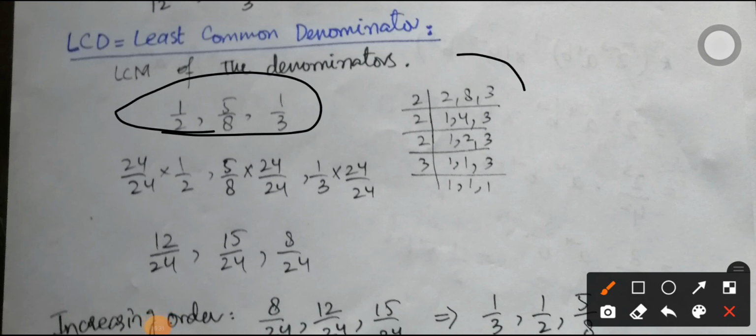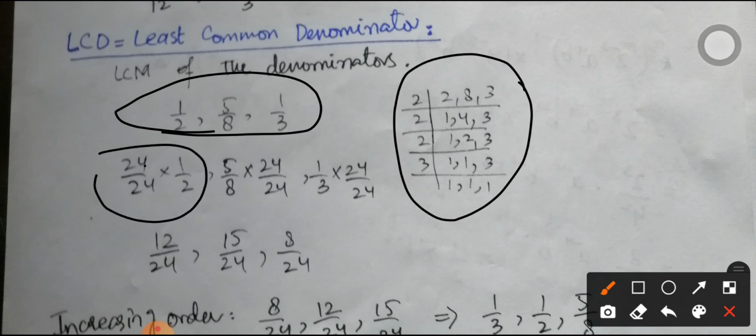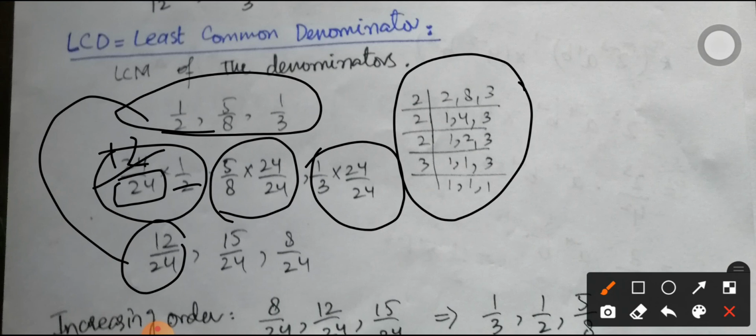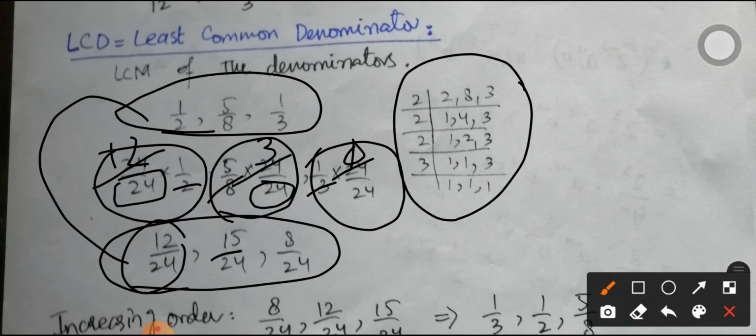The LCM is 24 in this case, so we will multiply and divide each fraction by 24. So here you can see 24 by 24, again multiply and divide by 24, again multiply and divide by 24, with all three fractions. Here you can see this 2 and 24 will be cancelled out to get 12 by 24. You are not going to simplify it further because you will get the same answer again, but we have to make the denominators the same, so we will not cut out this one, but we can simplify the other terms. Similarly this 24 will remain in the denominator, and we will cancel out the other terms. 8 3s are 24 and 15 by 24. Similarly here we get 8 by 24. So this is the equivalent form of the given fractions with equal denominators.